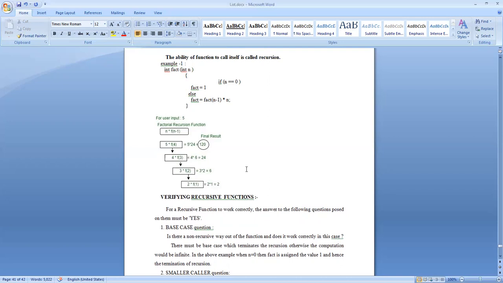Are such cases coming across or not? If they are not coming across, then the recursive function written is correct. So other than the smaller case question and the terminating condition, there might be other errors in the function that you have written, like syntax errors or data type mismatch. In such cases, you have to rule them out, then you can claim that the function you have written is correct.